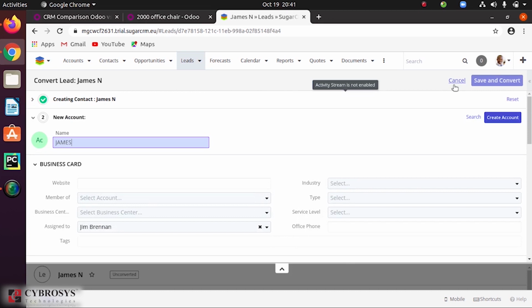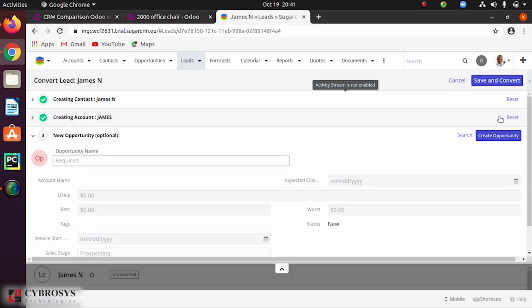So suppose I am saving this. I have saved this, and automatically here you can see you will get this option to create opportunity. So from here what you can do is convert it to opportunity.